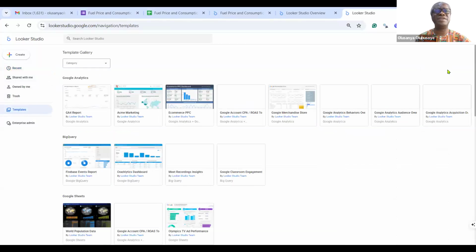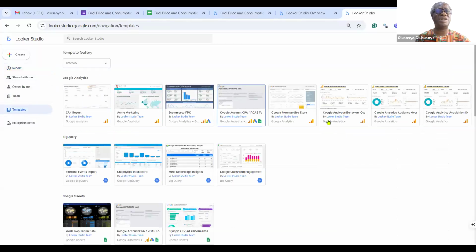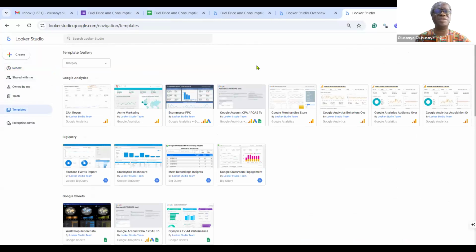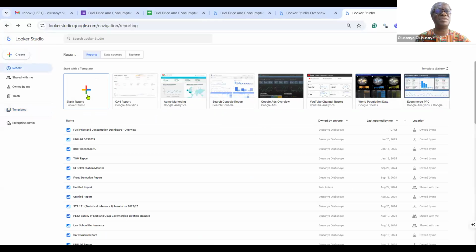You can expand this to see more templates, and use any one of them as the basis. You can also, of course, build your own from scratch. So let me go back now. If you are new, you won't have anything here at all.